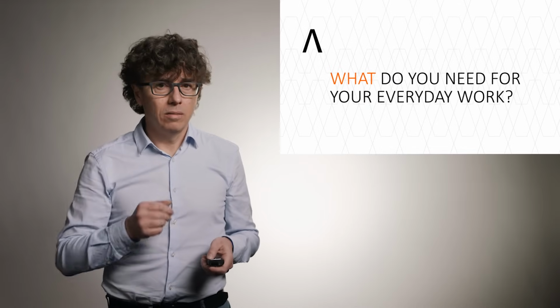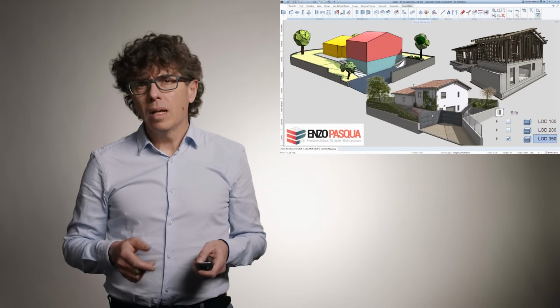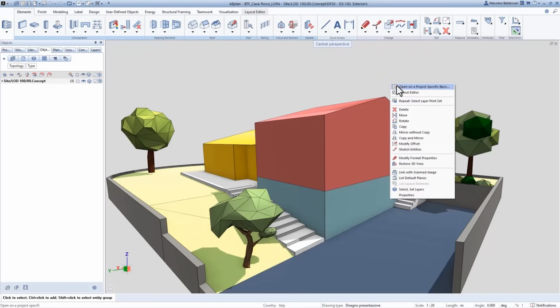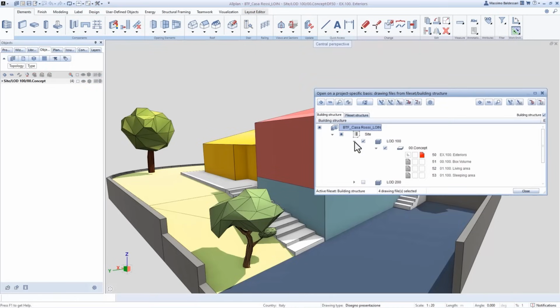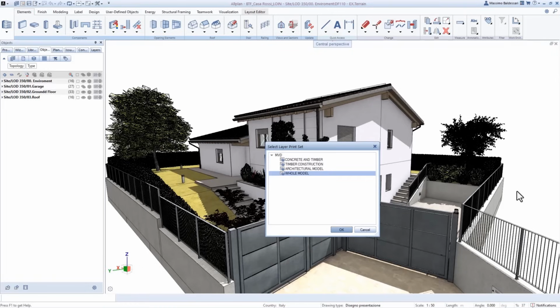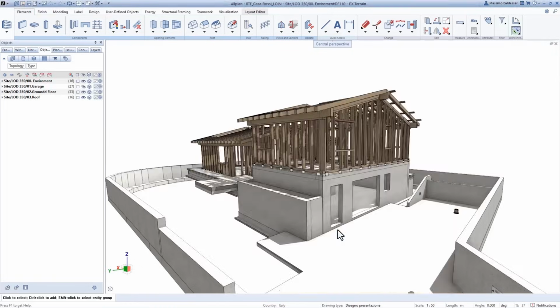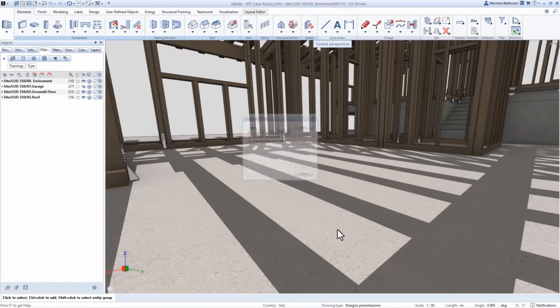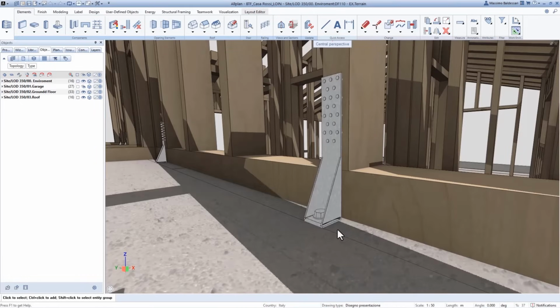What do you need for your everyday work? It's time to hear from Anto. Anto tells me he requires a tool that lets him work with different levels of detail. He wants to start with a basic model and improve it to get a very detailed one. He wants to check the model to look at certain parts, such as only the structural parts made of concrete